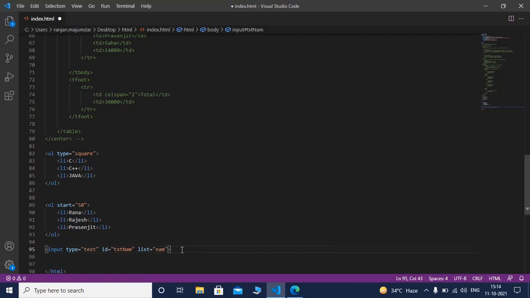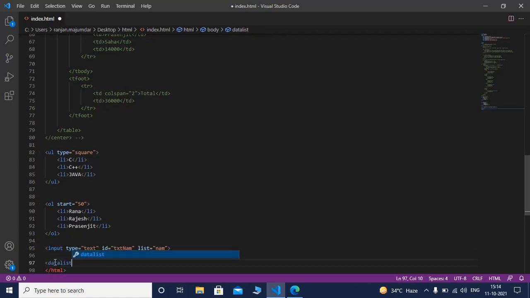So what is the usage of data list? This tag is used to provide an autocomplete feature on a form element. It provides a list of predefined options to the user to select data. So in this case, you can see this is a form input element and data list where ID equals to name.